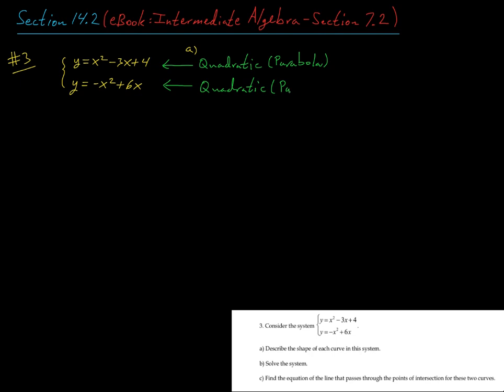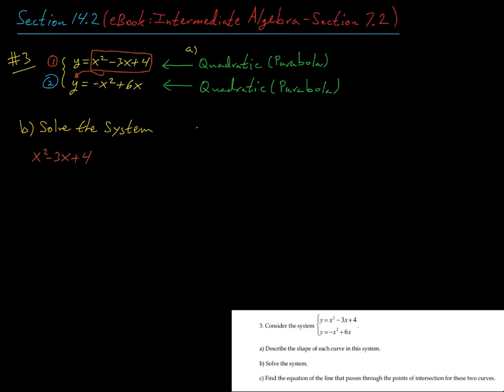So now we're looking for where these two parabolas are going to intersect. And so for B, we're going to solve the system. In exactly the same way we've solved the others, I'm going to replace y in equation 2 with this expression that I get from equation 1 for y. So I'm just going to put in x squared minus 3x plus 4,